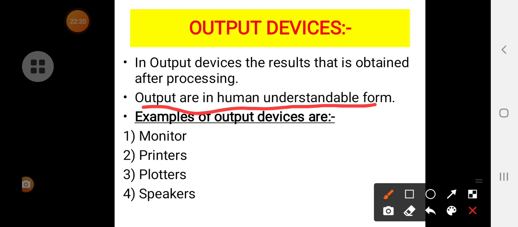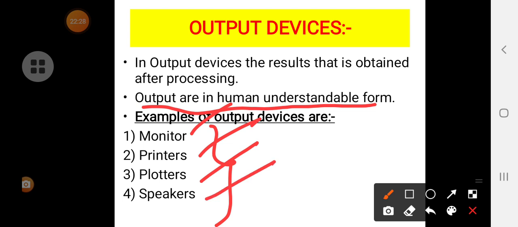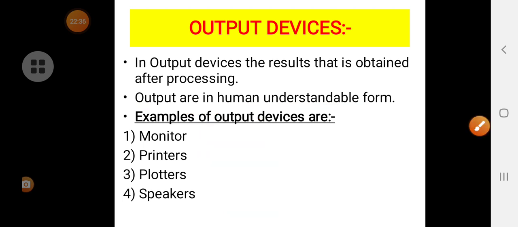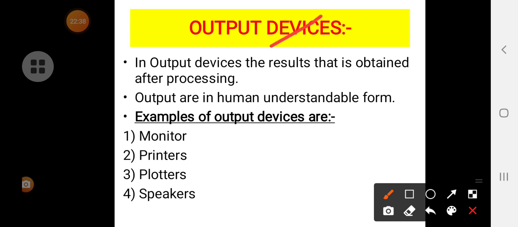So output device examples are monitors, printers, plotters, speakers. So these are the output devices which you have to understand. Output device means what? In output devices, we are going to get the results which are obtained after processing.